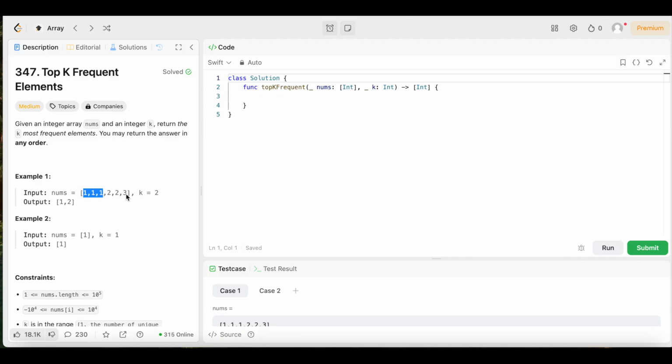So that means the ones appear the most, right? That's the top element. But we want to find the top 2 elements because k equals 2. So there's 2 2s and there's 1 3, which means that 2 is the second top element, right? So 1 and 2 are the 2 elements that occur the most, with 1 occurring 3 times and 2 occurring 2 times. So we're going to return 1 and 2 because these 2 elements appear more than any other element in the